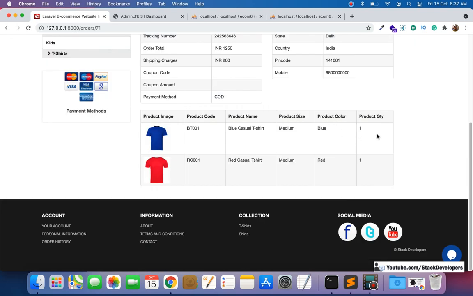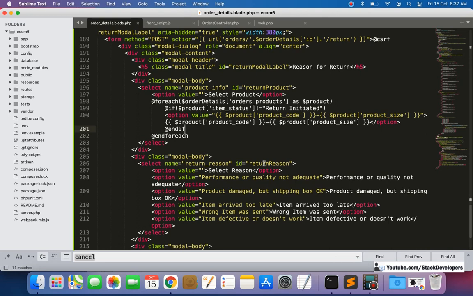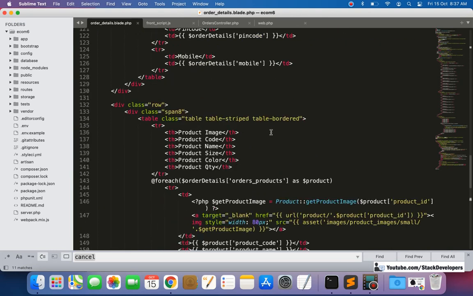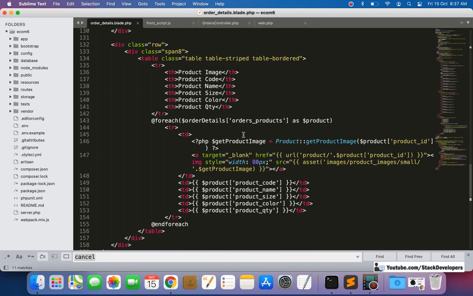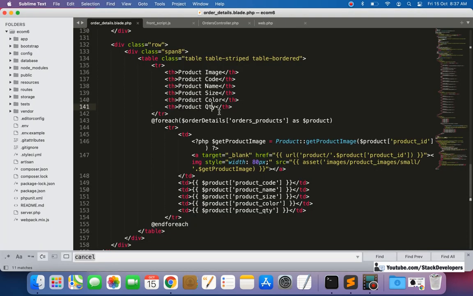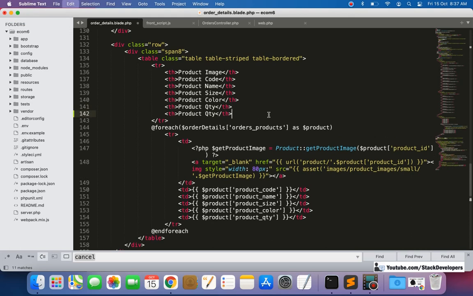So we can also show the status here as well. Here we are displaying order details. See here, like product quantity. After product quantity we can show the status, or we can show the status from somewhere else as well. So let's show it like item status.